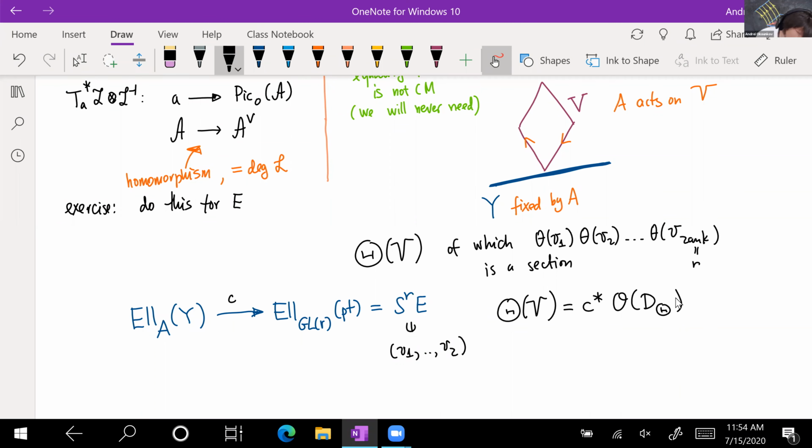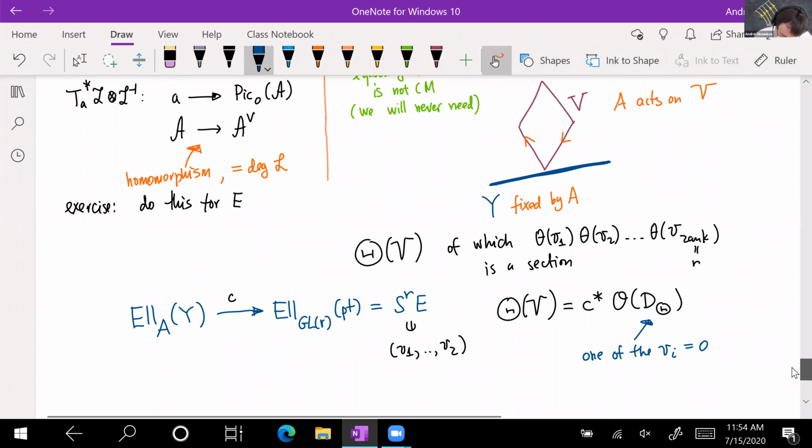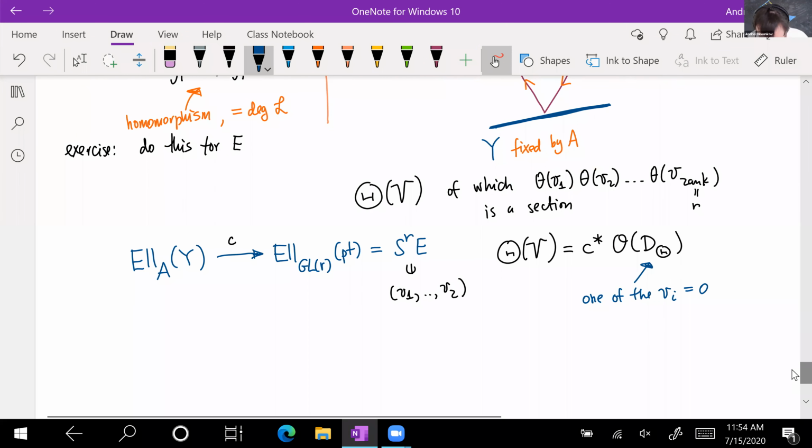The theta divisor is where one of the Vi's is equal to 0. Right? And so then since this A acts, we want to know what is, so we can